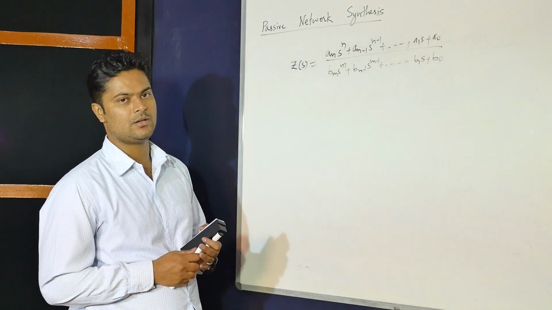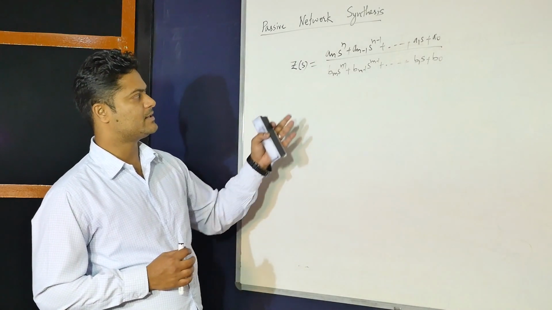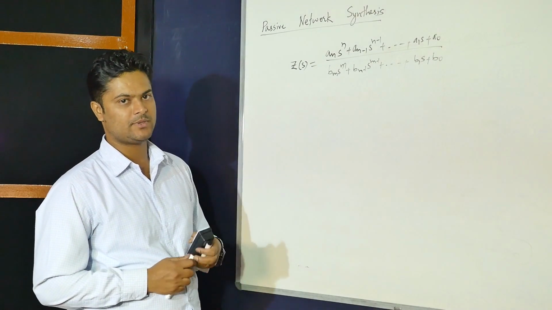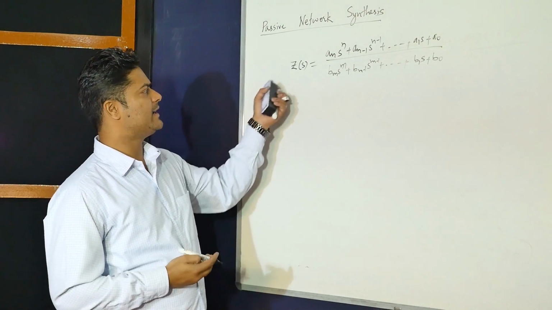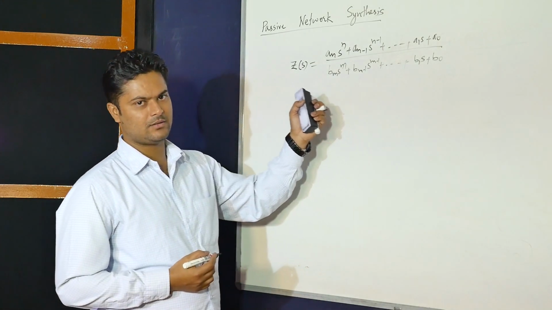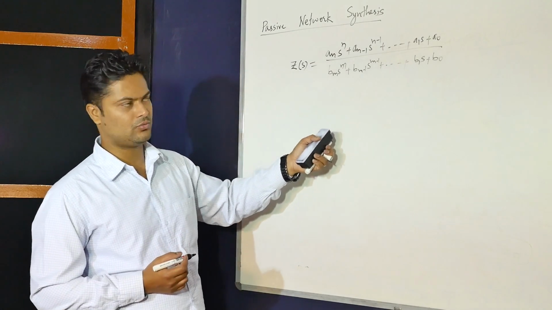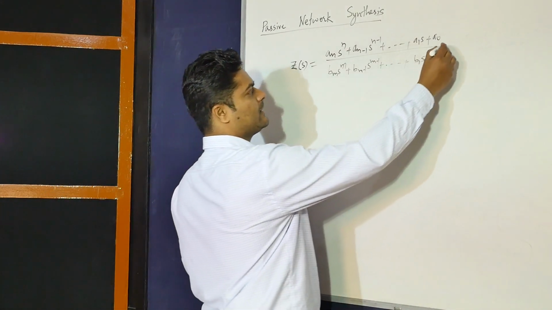It can be of any order. The order states that if it is s to the power 4, there will be 4 elements; s to the power 3, 3 elements will be there. So this can be expanded again. That is, partial fraction expansion you can do, or continued fraction expansion you can do. So it may result like